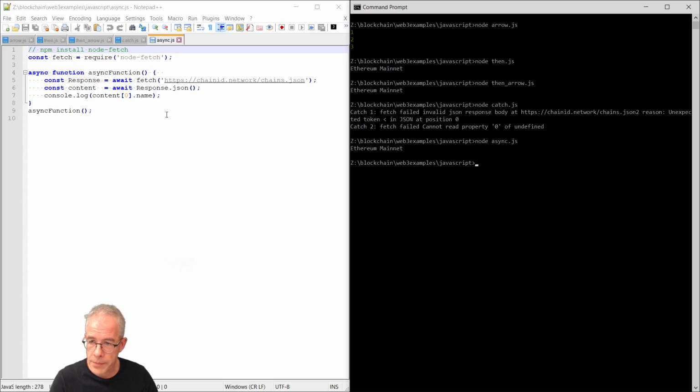One thing that's very important, if you want to use the word await, you can only do that from a function which is asynchronous. So you have to put async here for the function. You can call this function just like this, doing async